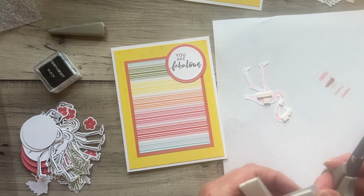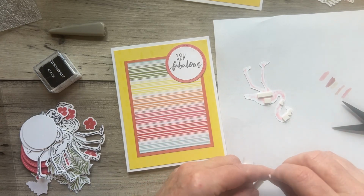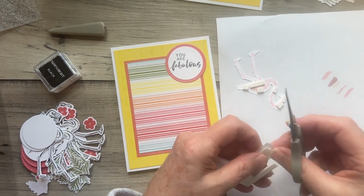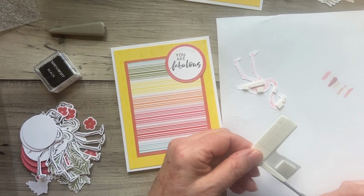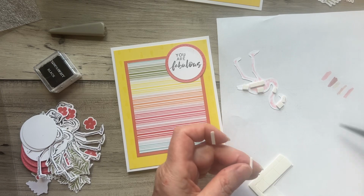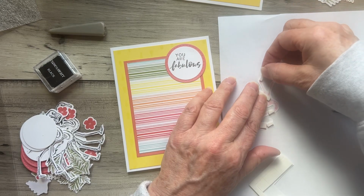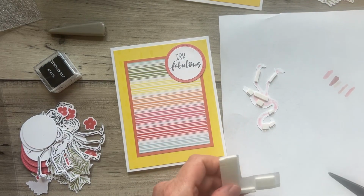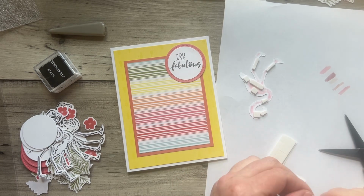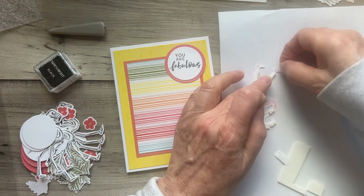So these little shaker elements, I talked a lot about these, they're just great uses for adhesive. I mean, it's inexpensive and you get a ton. Even if you're not going to make shaker cards, see, you got all these extra pieces along the edges. You can just use them up on these skinny legs. We'll just cut another little tiny piece for the foot. I like them to be stable, so I like to put quite a bit on my little things here to